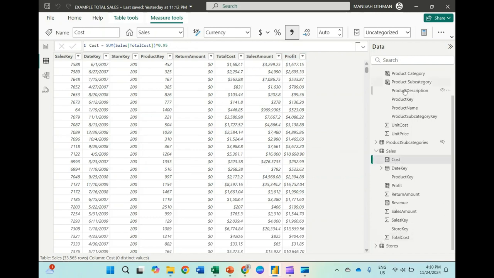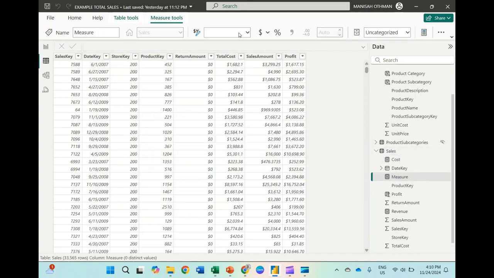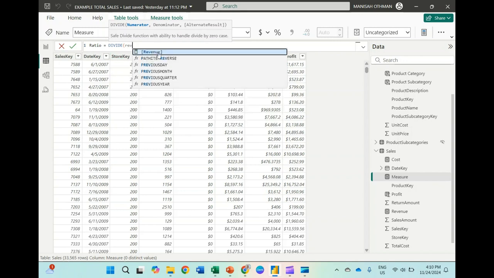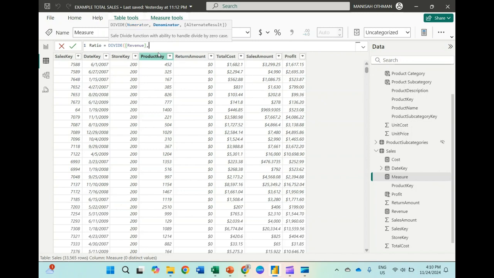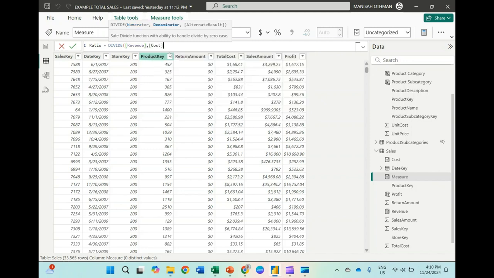Okay, all right. So new measure again, new measure. Want to measure a ratio, isn't it? Okay, ratio equals to divide revenue, numerator revenue, divide by cost. Okay, here calculate the cost.